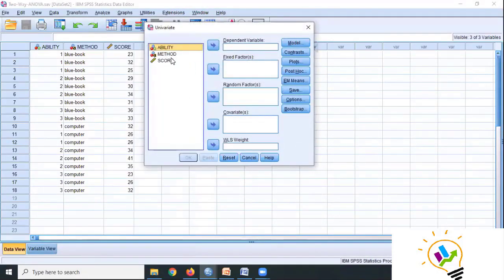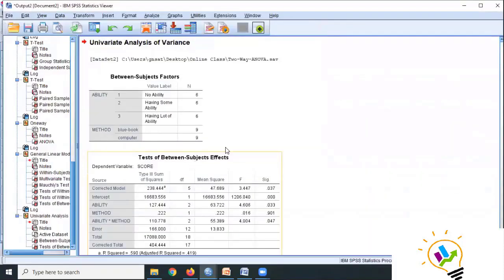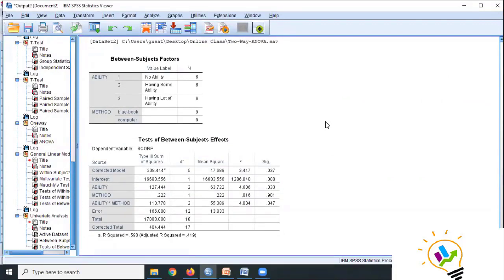In this, score is the dependent and these two are independent. Fixed factors I'm taking, and click OK. So I have taken two independent variables and one dependent variable.